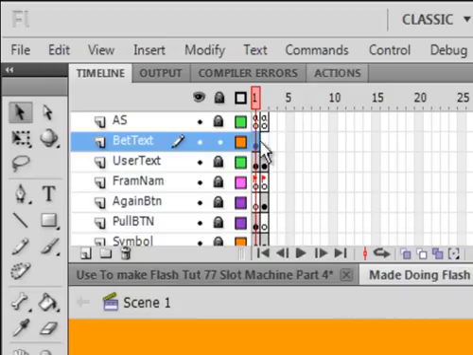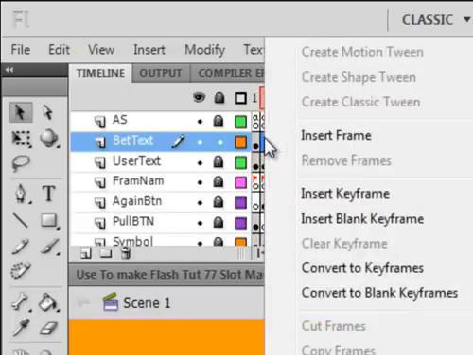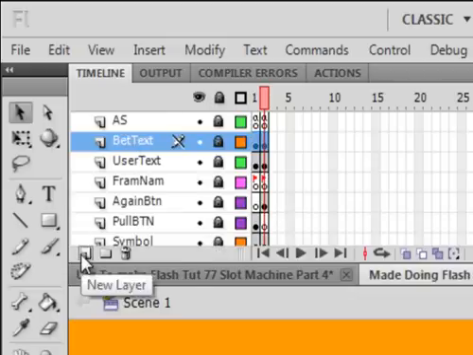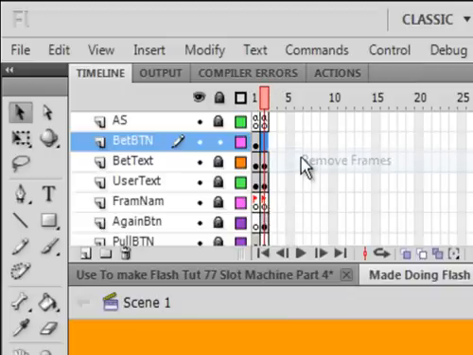And if this is already shaded in, then that means it's carried up for you. But I just make sure by inserting a keyframe there. Close that. Lock all layers. Select that bet text layer. Again, you're going to insert a layer. I'm pasting mine in. And in that first frame, you're going to make